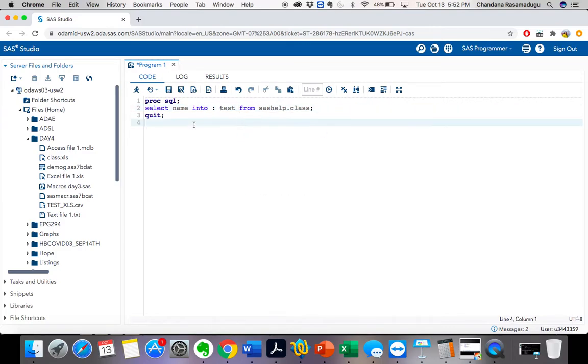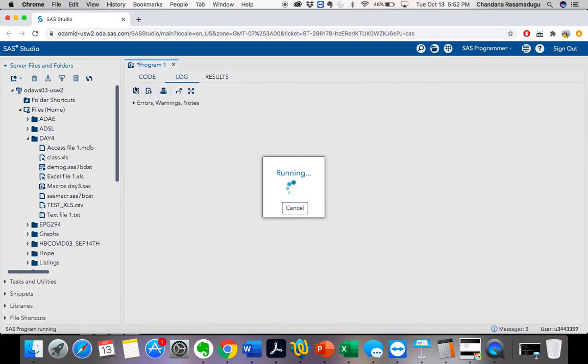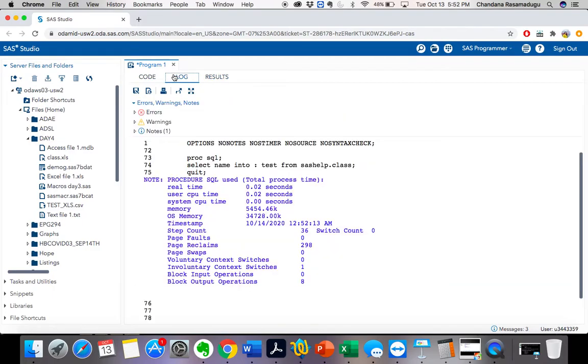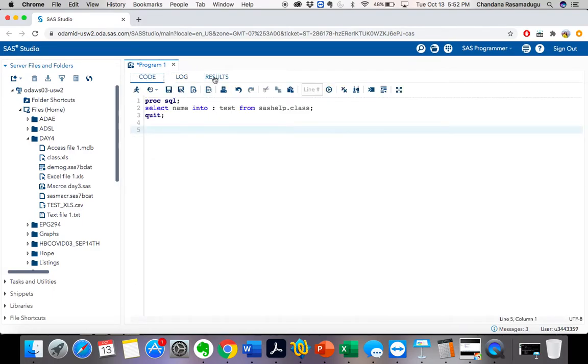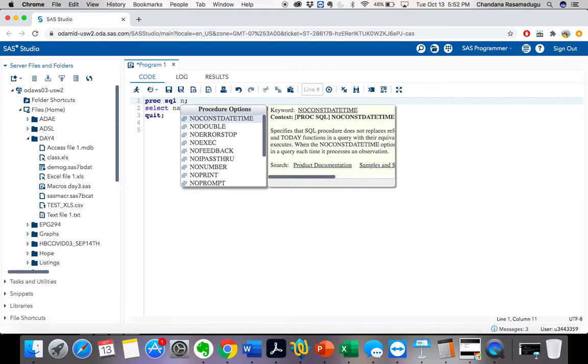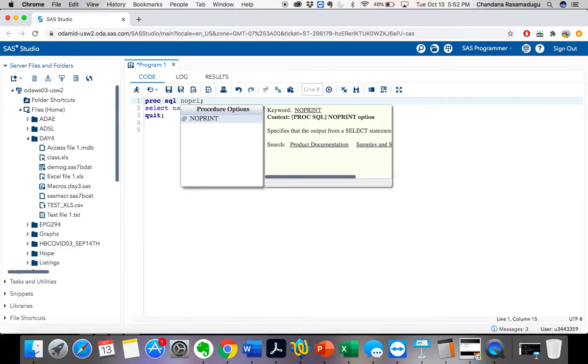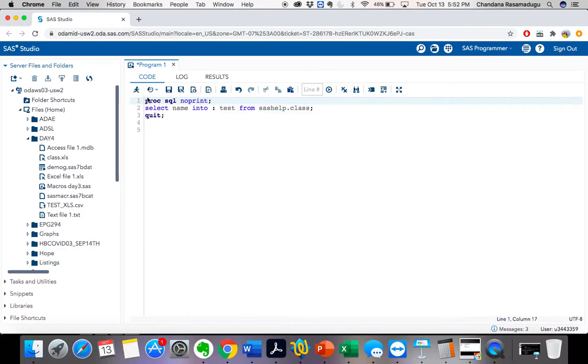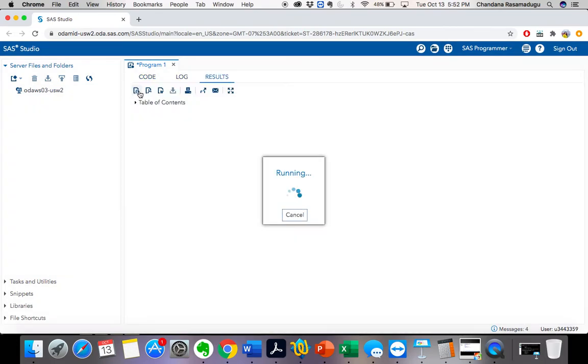Now let's create this macro first. I see it created a macro, but I don't need the result to be printed, right? So for that, let's use the noprint option, so it won't print in the results.